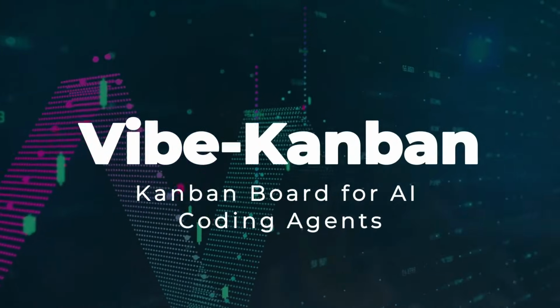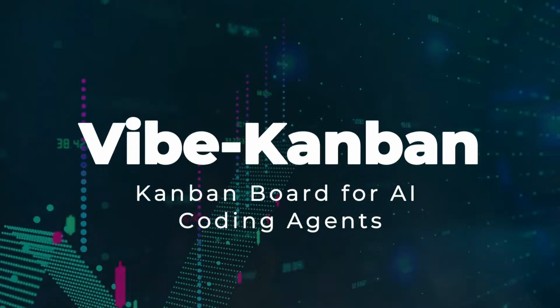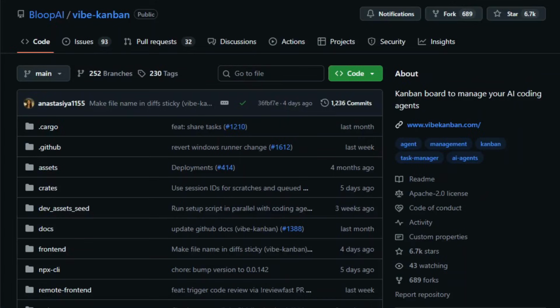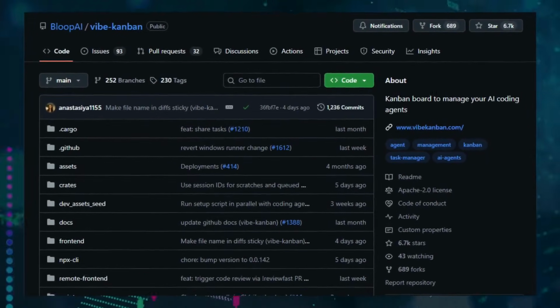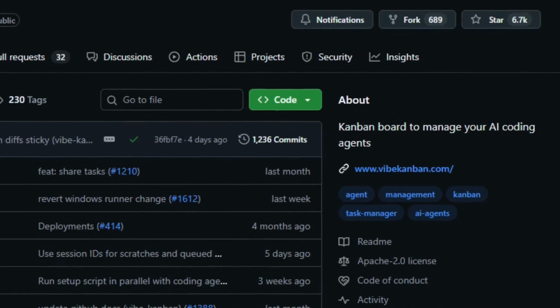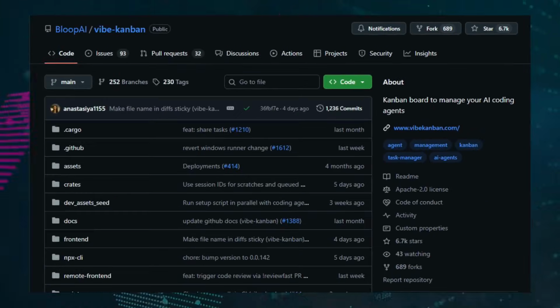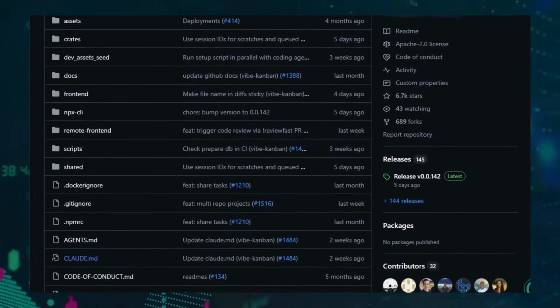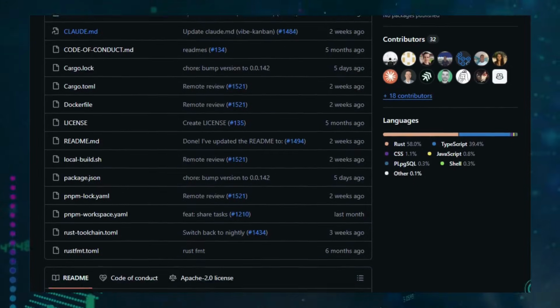Project number 100, Vibe Kanban, Kanban board for AI coding agents. Here's something that feels like the next step for developer workflows. Vibe Kanban, an open-source Kanban board designed to orchestrate AI coding agents and human tasks together. Built with a front-end in React and Tailwind UI and a back-end in Node.js with optional database support, it lets